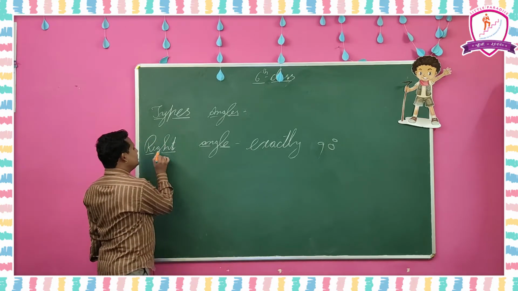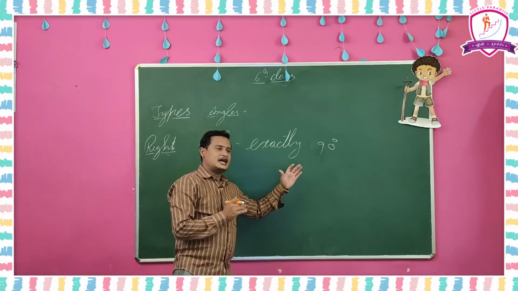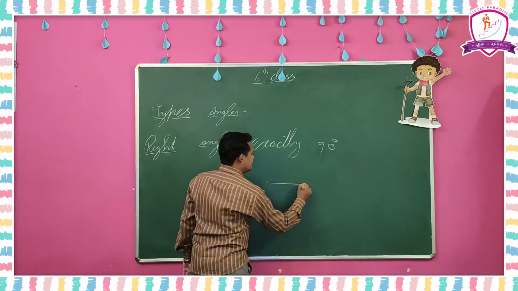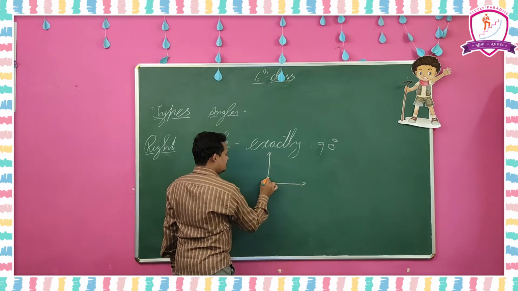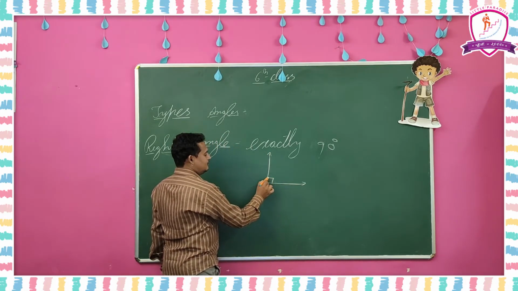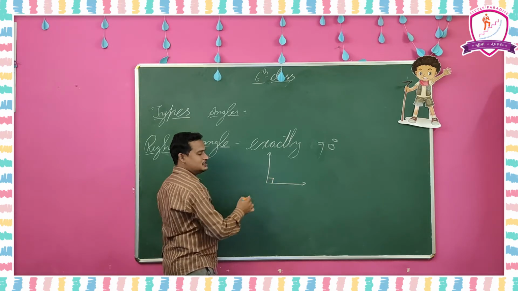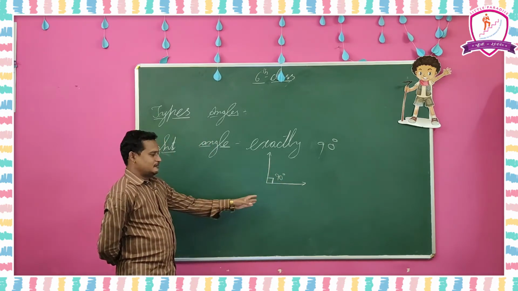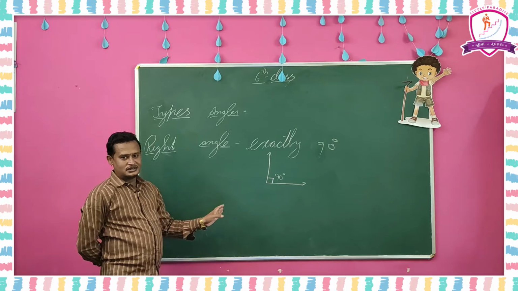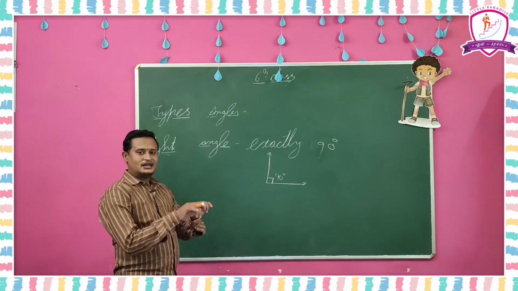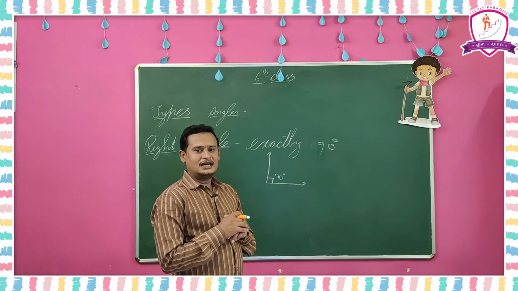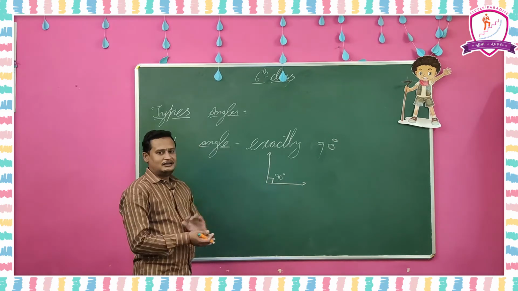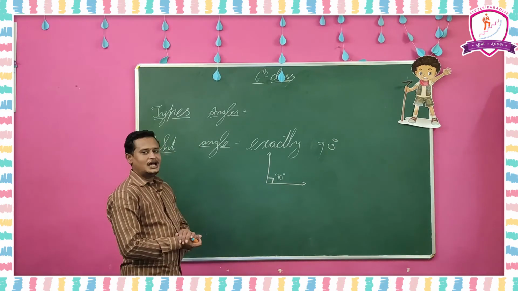So what is a right angle? An angle measured by exactly 90 degrees can be called a right angle. Right angle means here like this. This is the symbol for a right angle. If an angle is indicated like this, we can say that it is a right angle. So it will be exactly 90 degrees. Understood? It is an L shape. We can observe it in the corners of rooms, the corner of the blackboard and the corner of the duster. Every square-shaped and every rectangle-shaped corner has a right angle. Understood? So this is about the right angle.